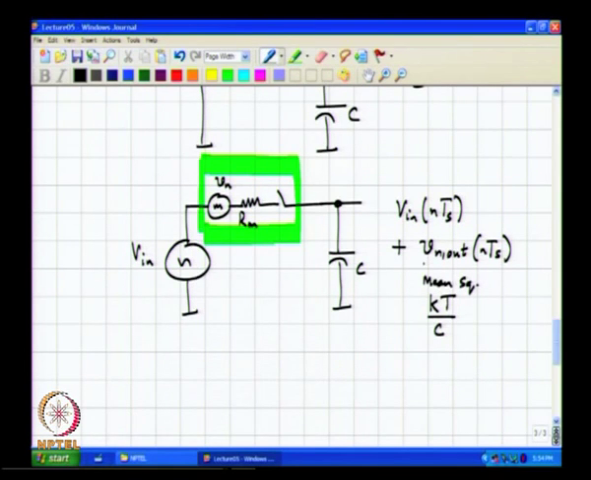So, what I wish to point out therefore is that the very act of sampling the input, I mean using the switch and the capacitor, has already corrupted the input. You understand? And the degree to which it is corrupted is only dependent on kT of course and C. So, if you have to reduce the noise due to the sampling action of the switch and the capacitor, there